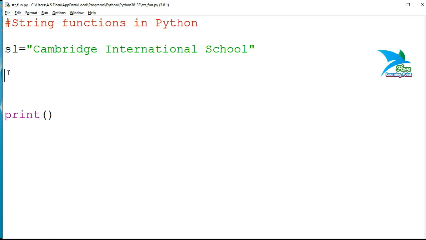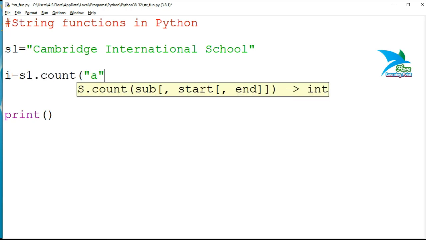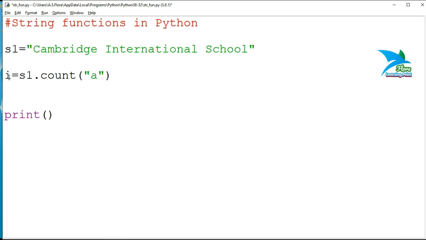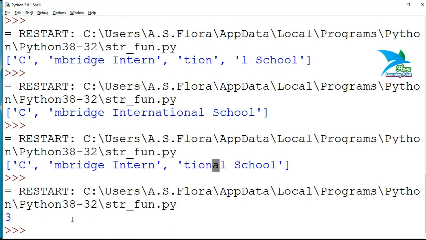So let me try this. Here we are having a string. I want to check how many times a particular character, for example a, occurs inside the string. So I'll use i equals s1 dot count and the character a. If you will count this, the result would be 1, 2 and 3.